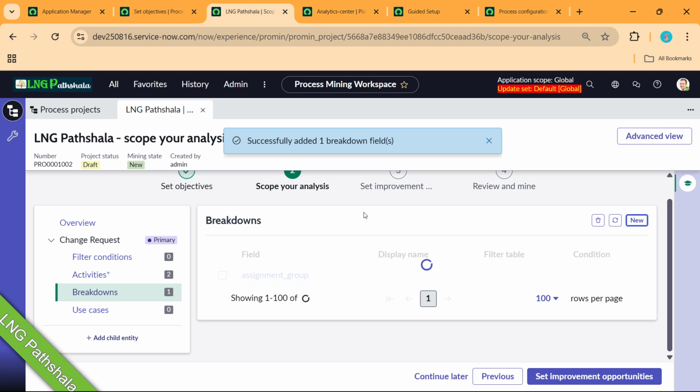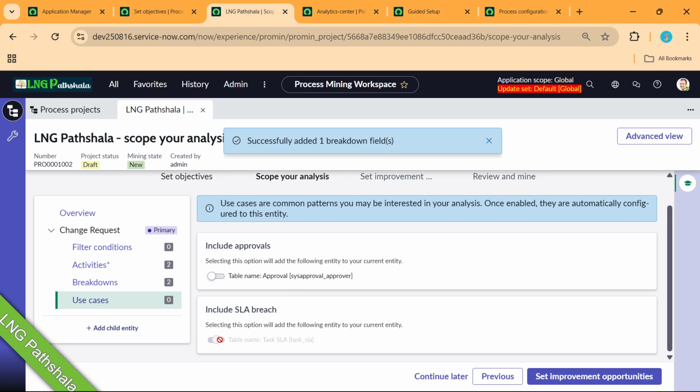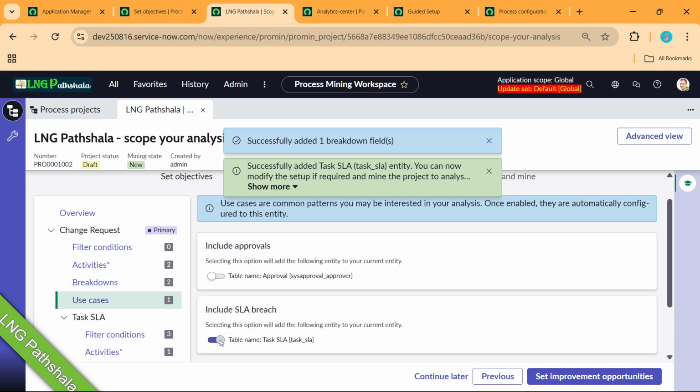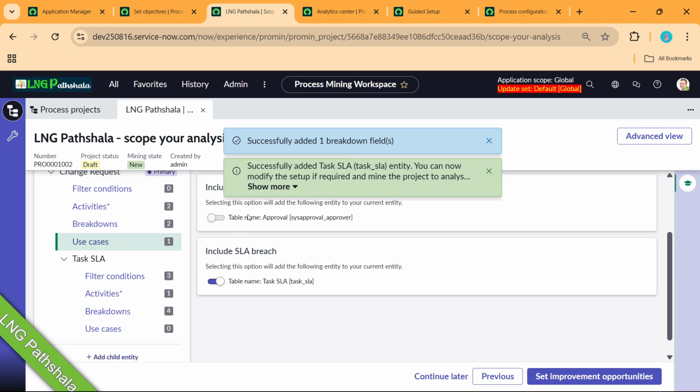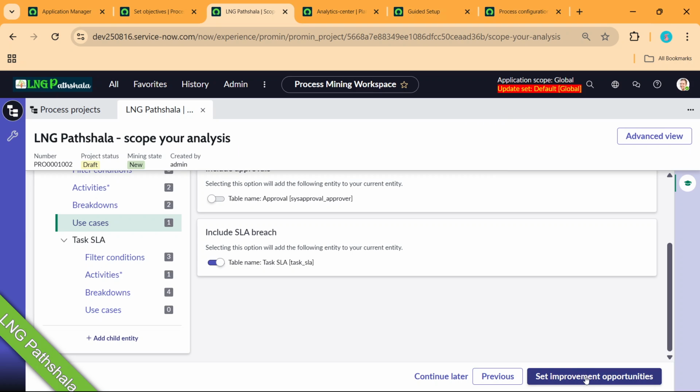Okay. And anything on the use cases perspective. You want to include approvals. You want to include SLA breach because a change would have SLA, so I can include it, exclude it. That's up to you. And if you are including it, this is the supporting or related list I'm talking about here. In the SLA, you can still filter out. The purpose of process mining is that the things which you are able to see on the KPIs, that MTTR is going this, approval is taking this much time, how the data can be picked up in the background, you can see here. I can say yes, I am okay, and let's close this